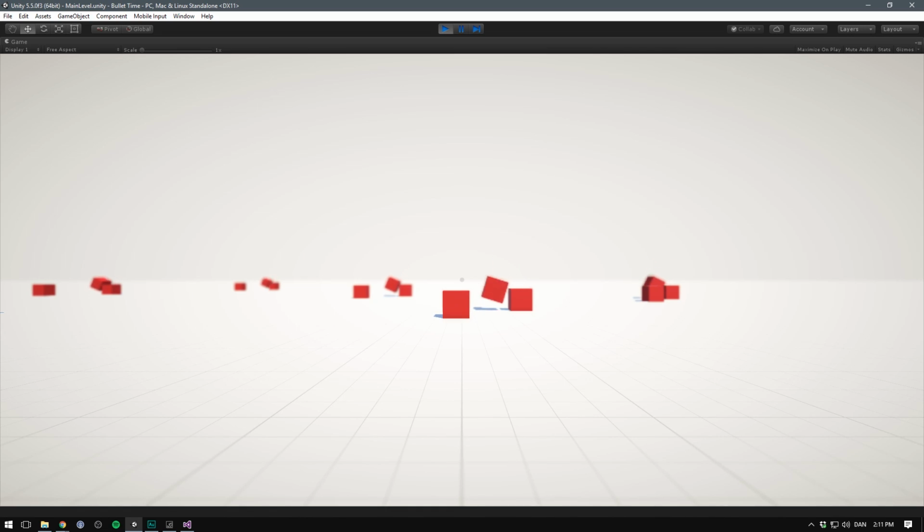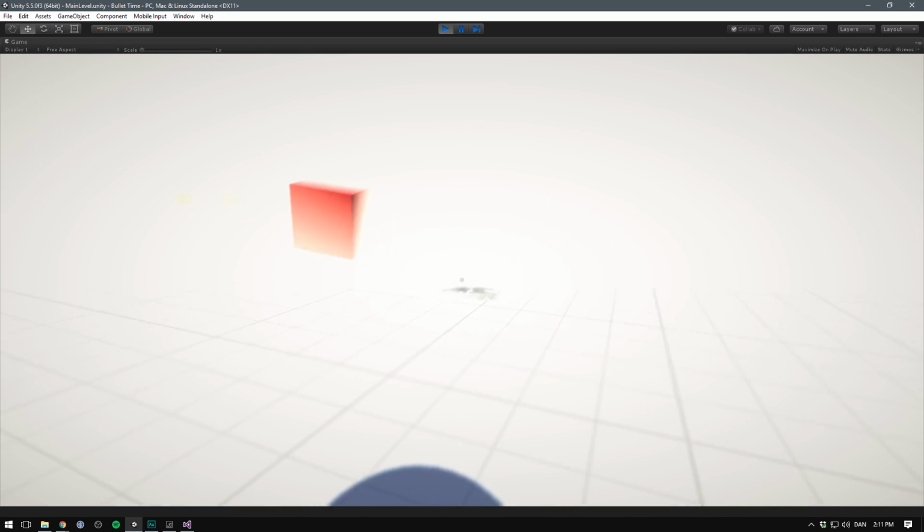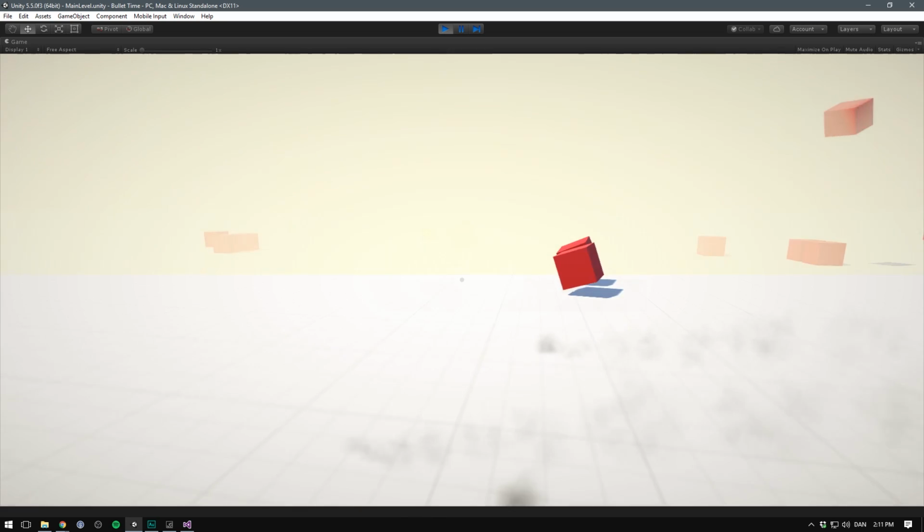Hello everyone and welcome to this video on creating a bullet time effect in Unity. Here's what we'll be making today. Throughout this video, I'll explain how time works in Unity and how you can manipulate it while still getting